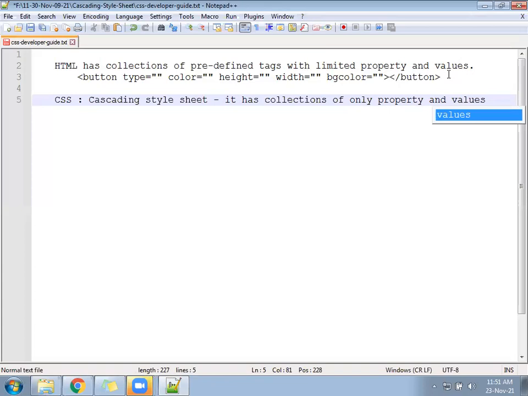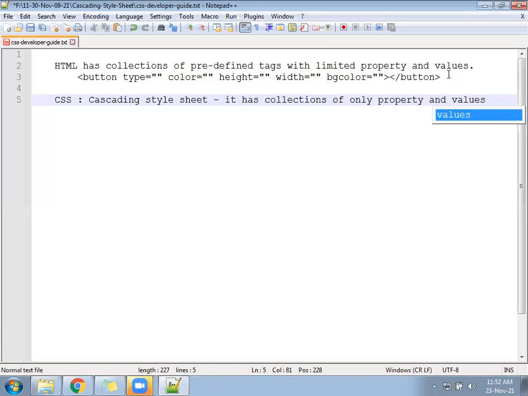Under the CSS we have only property and values. It has no kind of tag. Under the CSS we don't have any tag. We have only property and value.